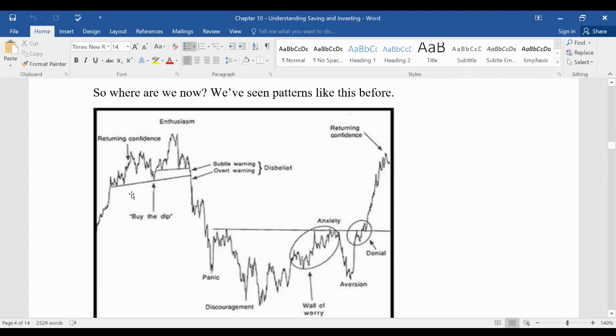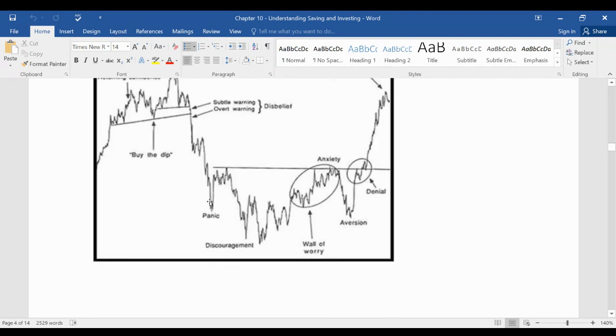Okay, so we have a rise, we start to sputter a little bit, people are still buying the dip, we got a lot of enthusiasm, and then we roll over for whatever reason. Now there's panic, like we saw this panic down in about March 23rd. That seemed to be the low. Like this graph goes even lower, but we hit that low March 23rd, and it was a steady ramp up. And now it seems like there's a little anxiety right now where we could retest the lows. If we don't get back to that level, we could start a new bull market.